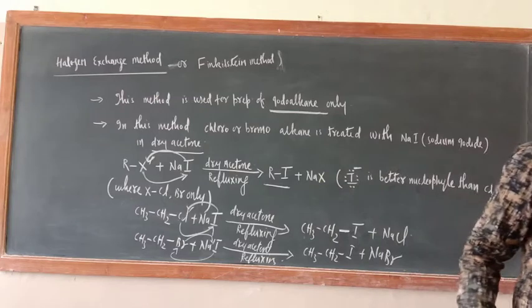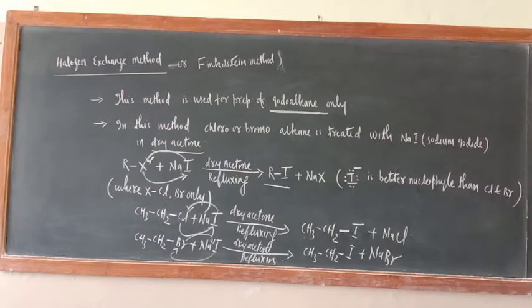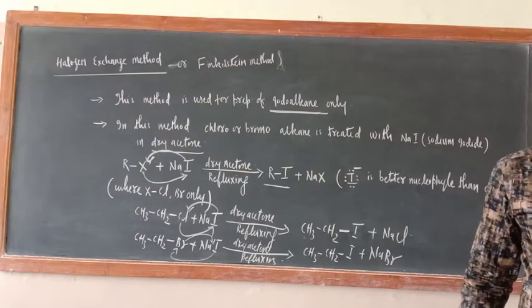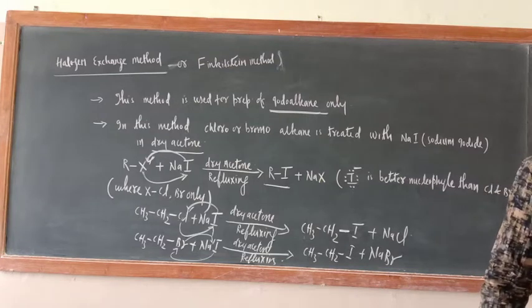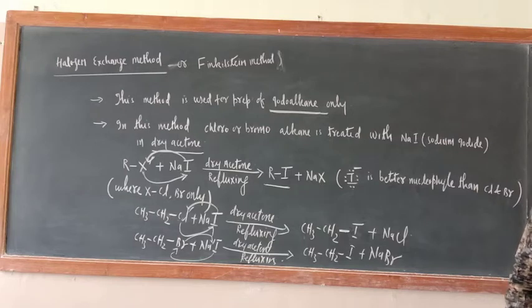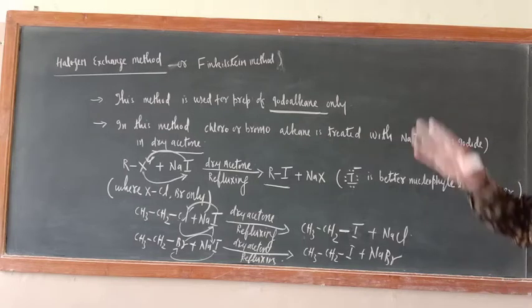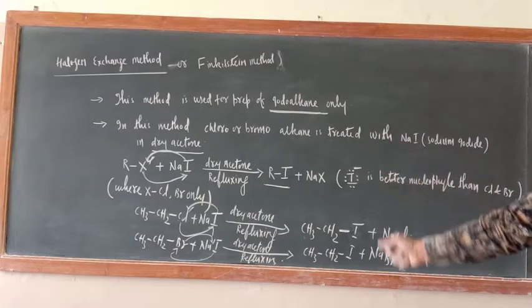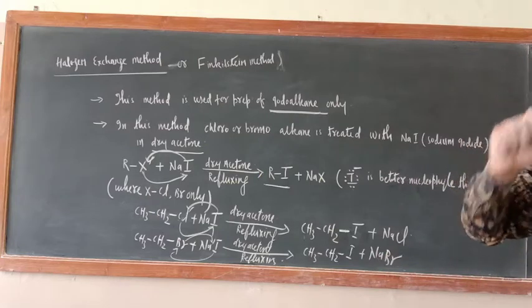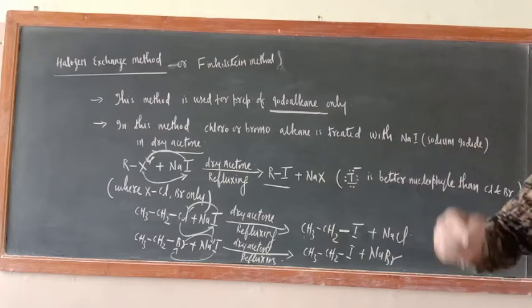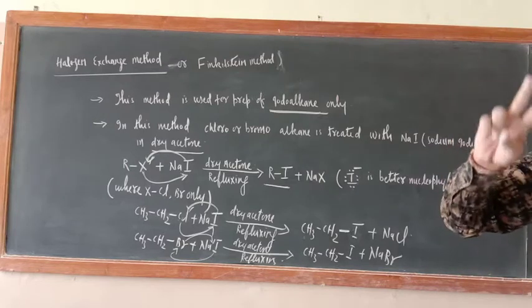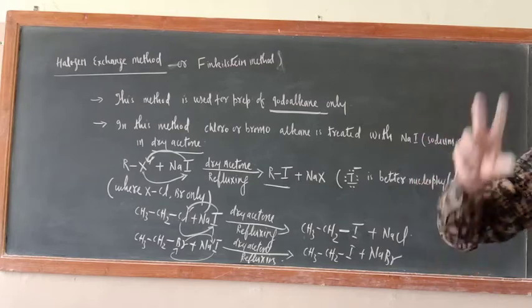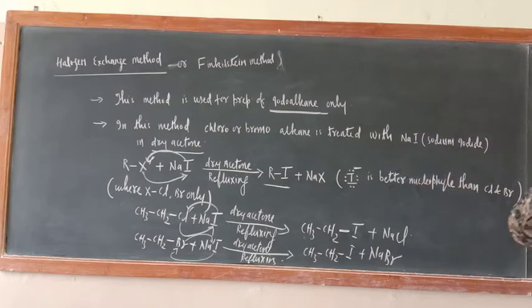One more method is left as far as alkyl halide is concerned, that is the Swarts reaction or indirect fluorination. Direct fluorination is not possible. Indirect fluorination is possible. Just see, in this reaction we have treated Cl2, Br2, I2 directly, but you can't treat F2. You can't make a reaction with F2 directly because there are some problems. We'll tell you those problems. You should also note them down.